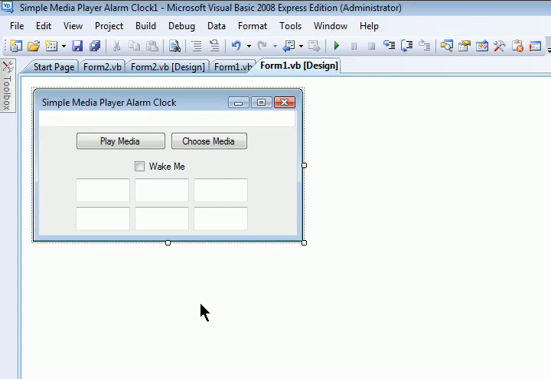Today I'm going to be teaching you guys and showing you guys how exactly you can make a media player alarm clock. This tutorial is basically a simple media player alarm clock that can either wake you up by playing a video. It could be a TV show or a movie that you might like, or it could even be a piece of music. But I'm not going to be doing a piece of music for this video tutorial. This video tutorial will show you how to make an alarm clock with either a movie